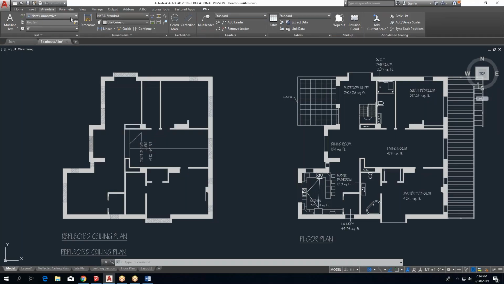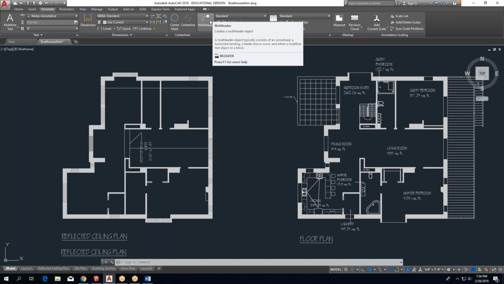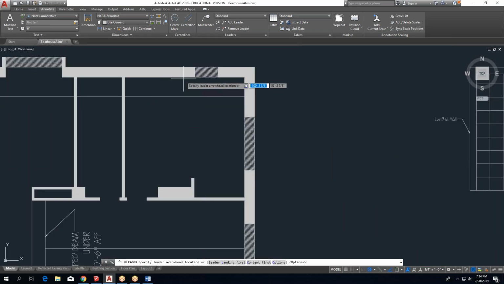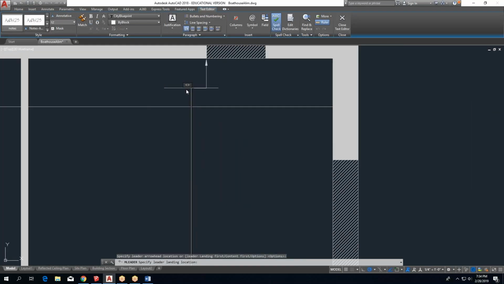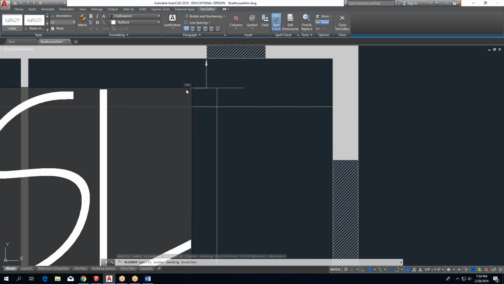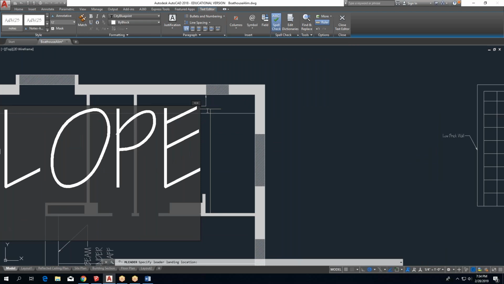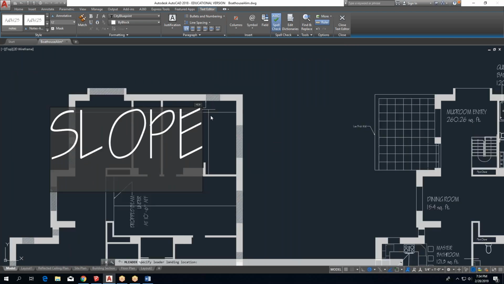Then I go into annotate, and I want to do my multi-leader. So if I have my multi-leader, we know that 1/4 inch equals 6, and multi-leader standard notes, so it'll be that 6-inch measurement. I'm going to point firstly to a spot like here, and then start my text, and I could say slope. Now I'm going to show you, this might be the way to show you what goes wrong with the multi-leader where we have 2. It's not going to look as pretty if you do it this way, okay? So if I do slope and I select it and I make it 6 inches,